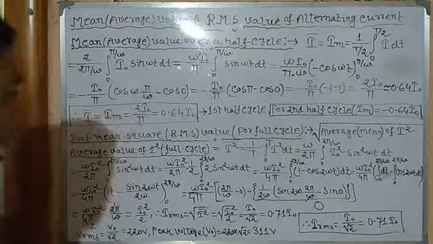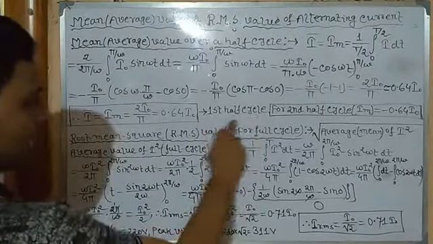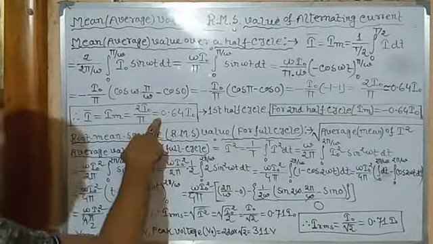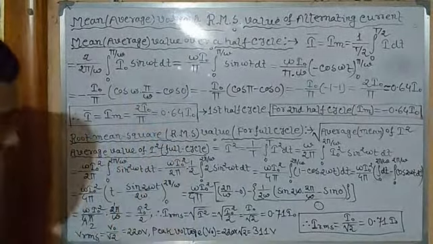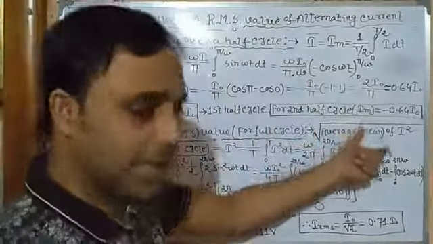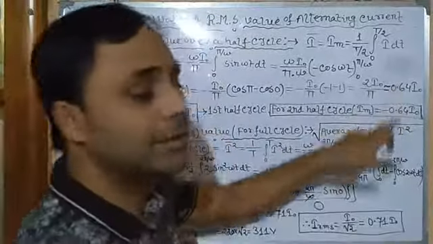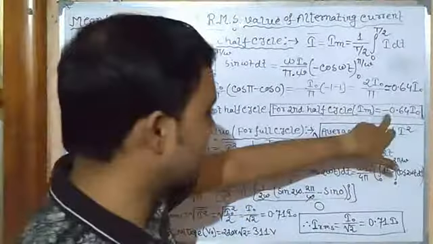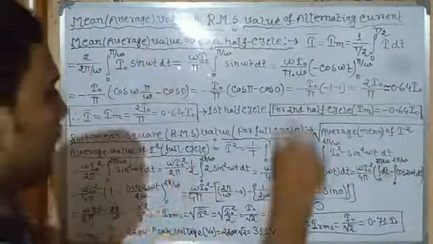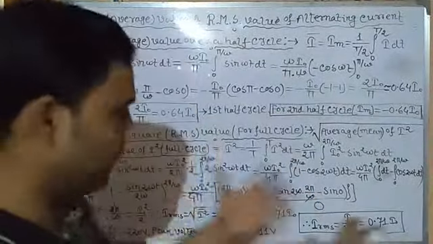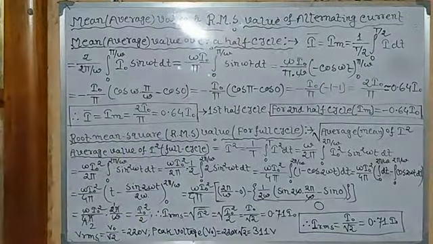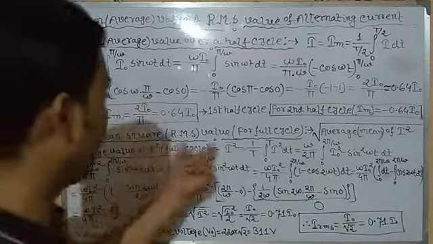Okay. So now it is for the first half cycle, as I told. Since this is plus for the first half cycle, for the first half rotation, obviously for the second half cycle, that's the next cycle, the magnitude will be the same, but it will be in the opposite direction. So that's why the value is minus. So that's why for the full cycle, this plus this will be 0. Clear? So now find out the next value, that is the root mean square value, the RMS value.